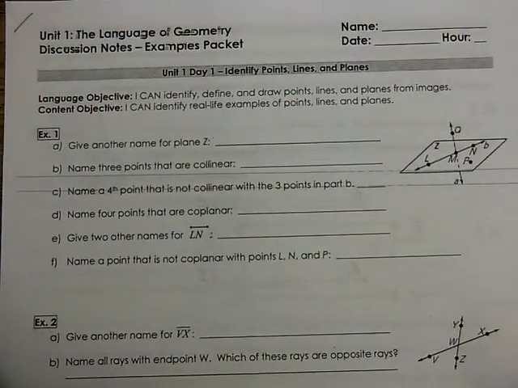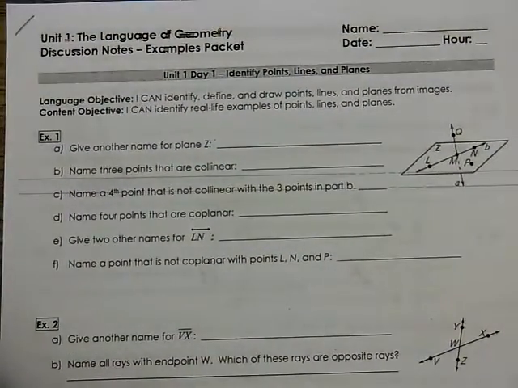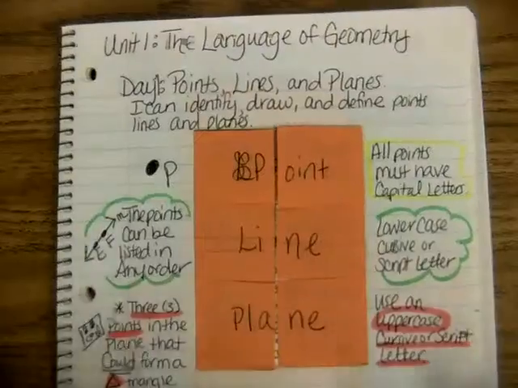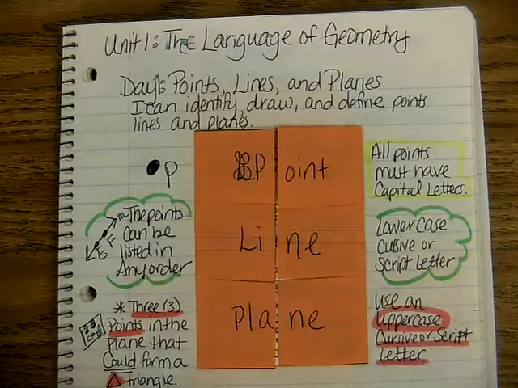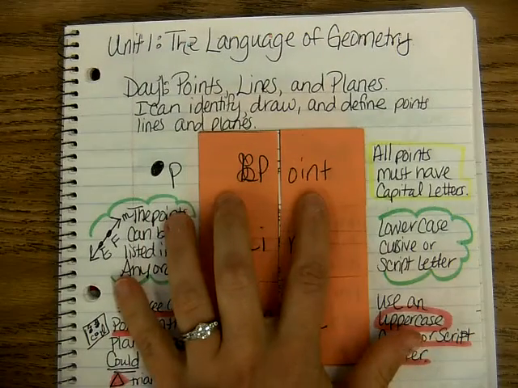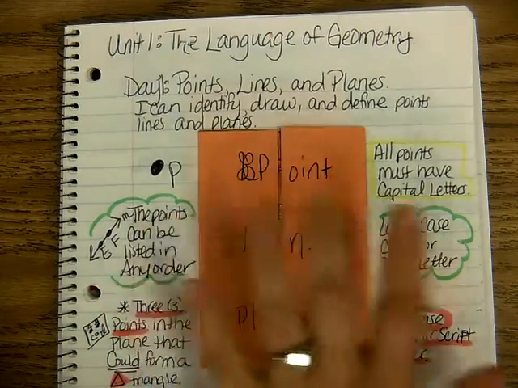Hi everyone, for today's lesson we are going to continue discussing points, lines, and planes. You should have completed your interactive notebook, and so let's go ahead and recap on a few things from this notebook before we get started with our examples. The first vocab word that we had was a point, and in order to name a point, you need to